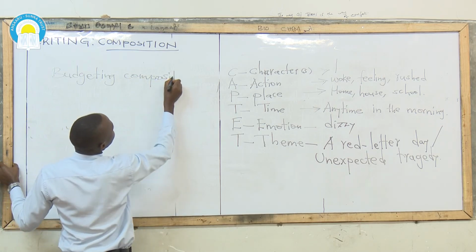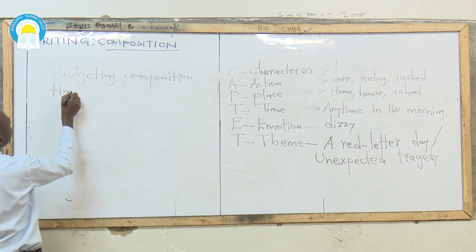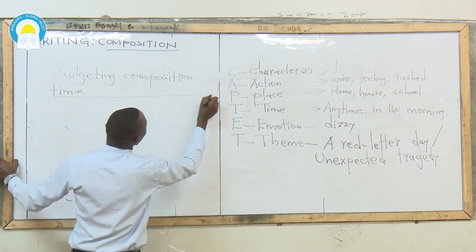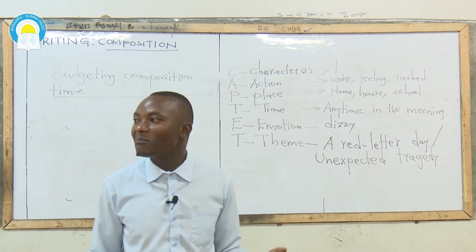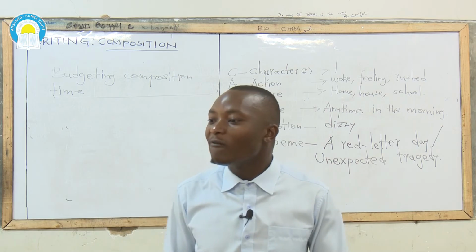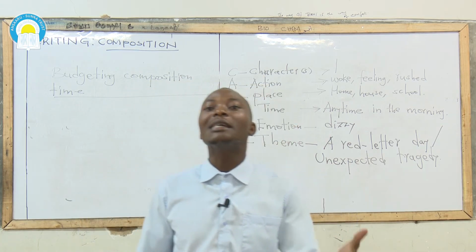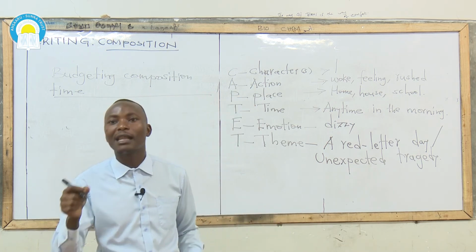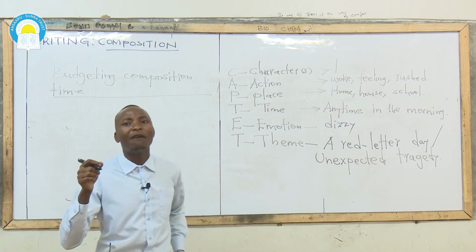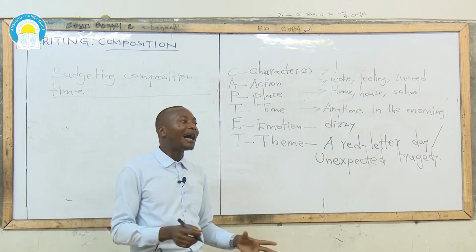How is the student budgeting the 40 minutes of composition? Now, composition is written in 40 minutes, and composition is awarded 40 marks. So, if you may relate it directly, you could say that 1 minute is 1 mark. And therefore, it is very, very imperative that the learner plans the work in a very smart, logical, and related